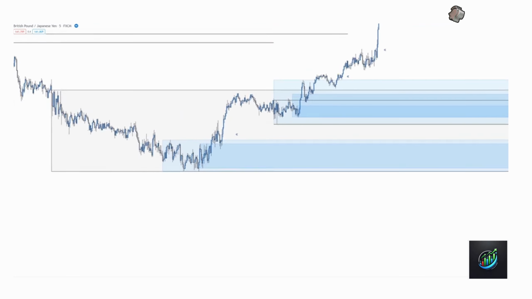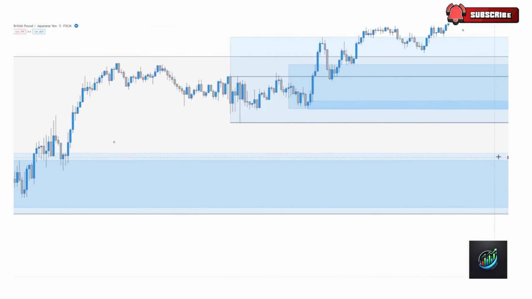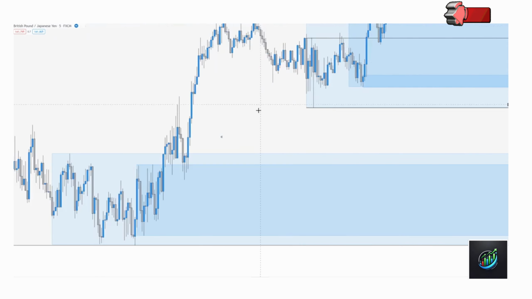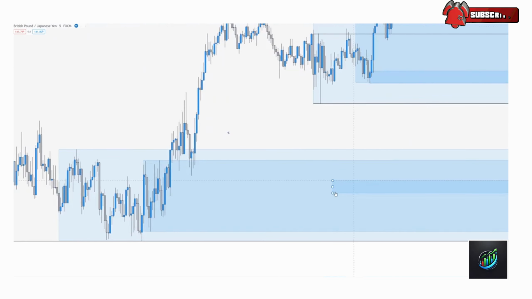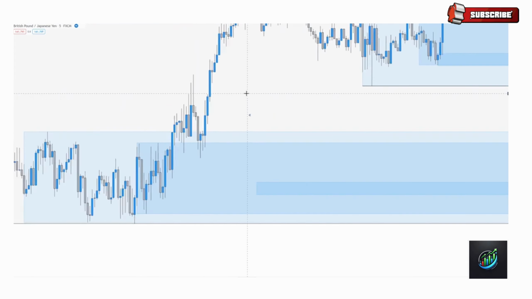What I can do as well with the 15-minute one is refine it down to this candle right here. I'll zoom in so you can see that a little clearer. You can see that we have the bearish candle before the up move that breaks structure. We can bring it down to this candle, as this is the origin of that move that broke that structure. And what we can also do is look at price action down here. It is relatively messy, but